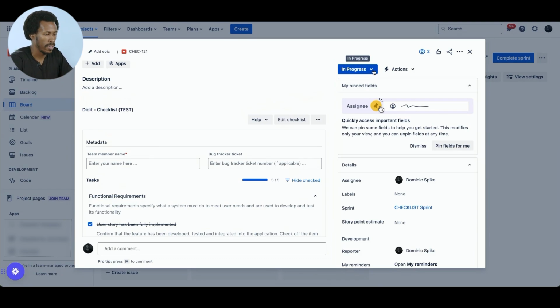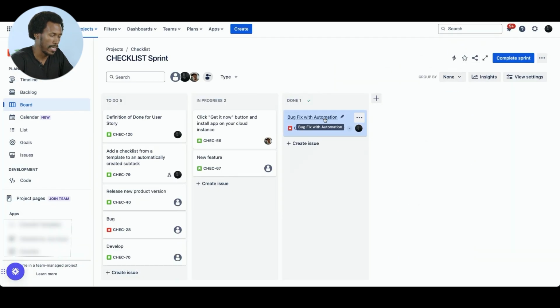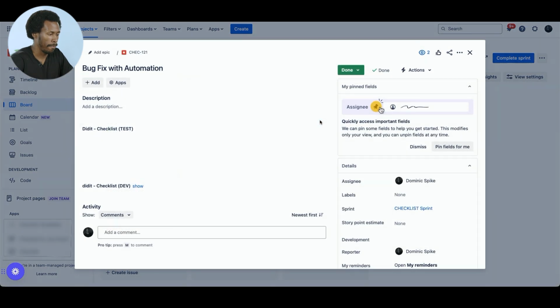So let's try this. We can do it from here or we can do it on the board, but let's do it from this view. So it's now been moved to done. If I close this, we can see it on the board view as well. If we now reopen this,